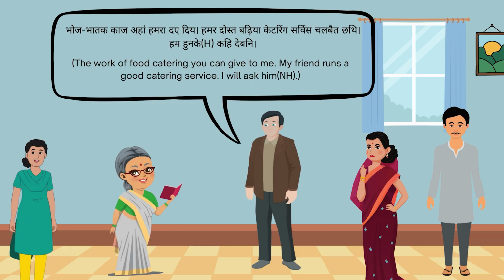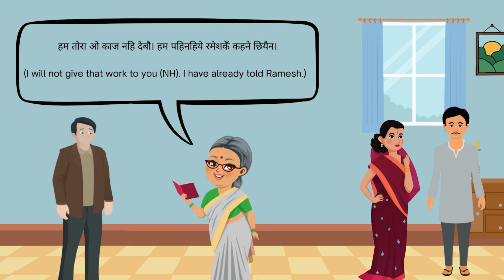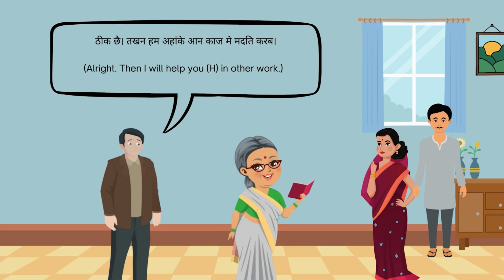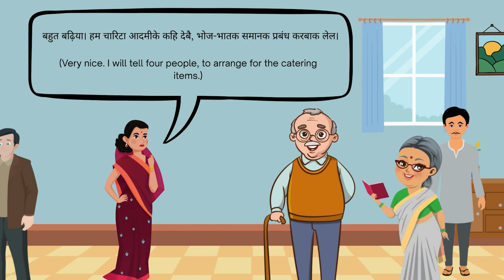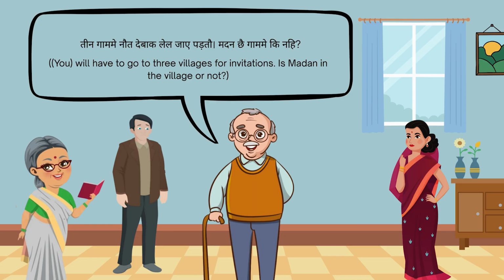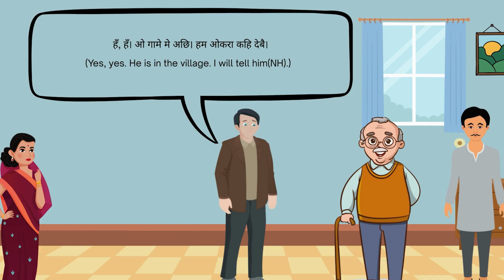भोज भातक काज अहाँ हमरा दे दिअ। हमर दोस्त बढ़िया कैटरिंग सर्विस चलबैत छै। हम हुनका कहि देबनि। हम तोरा वो काज नहीं देबो। हम पहिने रमेश के कहने छियनि। ठीक छै, तखन हम अहाँके आन काजमे मदद करब। बहुत बढ़िया, हम 4टा आदमी के कह देबै भोज भातक सामानक प्रबंध करबा दिलै। 3 गाम में नौत देबा थियल जाय करतो। मदन छै गाम में कि नहि? हाँ हाँ, ओ गामे में अछि, हम ओकरा के देबै।